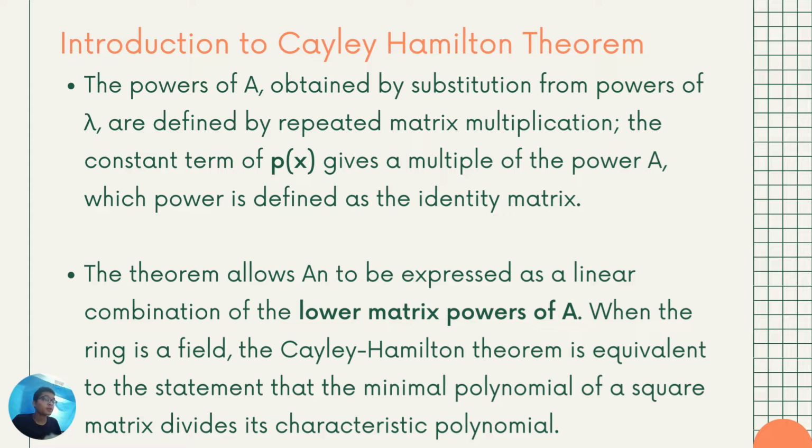I know it's very hard to understand and perceive, but it simply states that A is the zero of the characteristic equation. Simple. The whole concept of Cayley Hamilton theorem is that a matrix is the zero of its own characteristic equation. So just don't make your head go around. It's the basic thing that we want to know and we want to convey. Next,